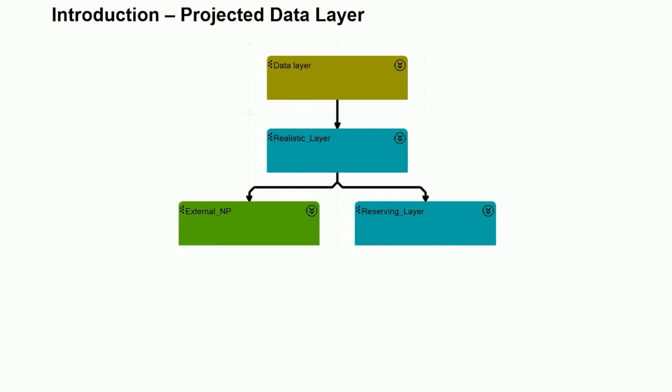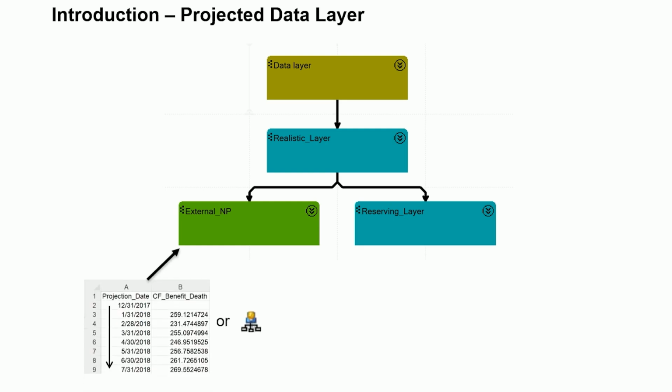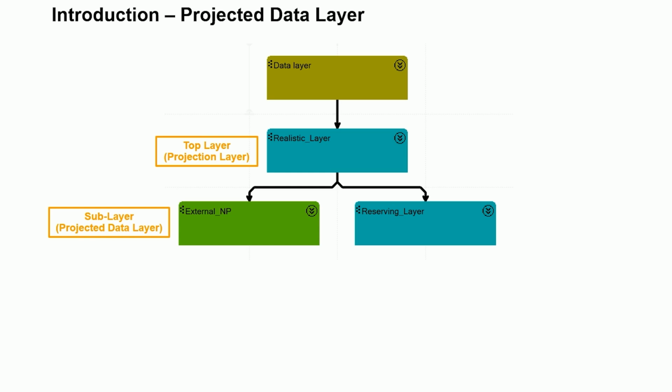The Projected Data functionality was introduced to allow models to read time and optionally scenario-dependent data to be passed directly into the corresponding time step in a projection layer. Some examples of how projected data can be used are reading asset or liability cash flows produced by a third-party application rather than having to model them in R3S Modeler. This gives the advantage of keeping the models in Modeler simpler.